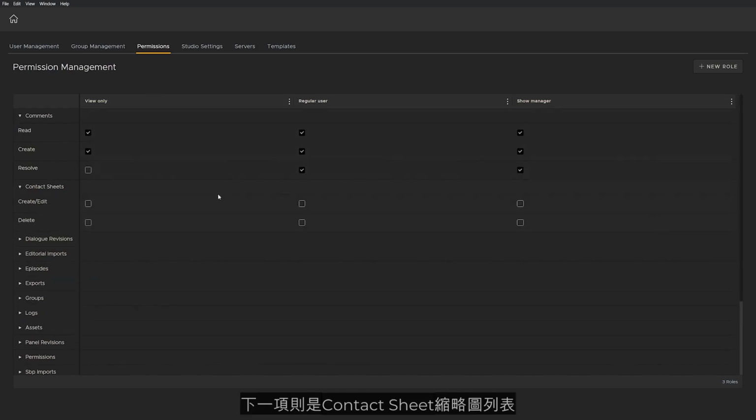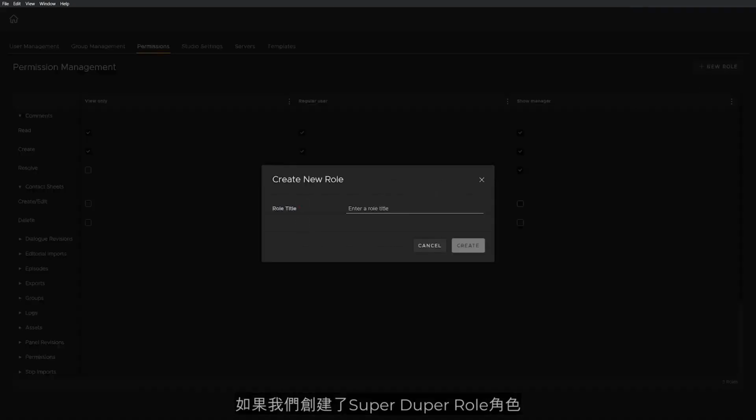Next one is contact sheets. So we can see that none of these roles have the ability to create, edit, or delete contact sheets, because this is really left up to the admins to do that, to create the contact sheets, delete them, edit them. You can always, like I said, create a new role that allows for that if you want to do something like that. So if we did super